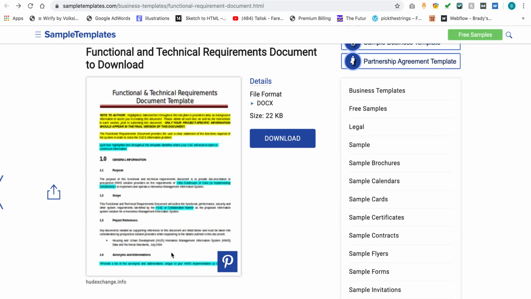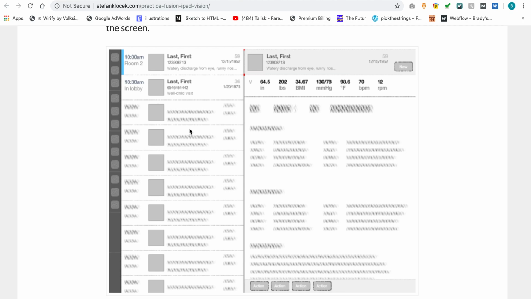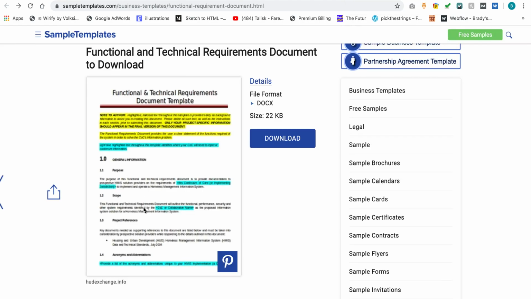So these documents end up looking like this, where you've got the scope and the references and acronyms and this basically huge document that needs to be read through so that the designers and project owners and product owners can put them together and say, okay, this is kind of what we're thinking for this part of the requirement document. We can then take that and say, okay, does this requirements document that has all these words in it